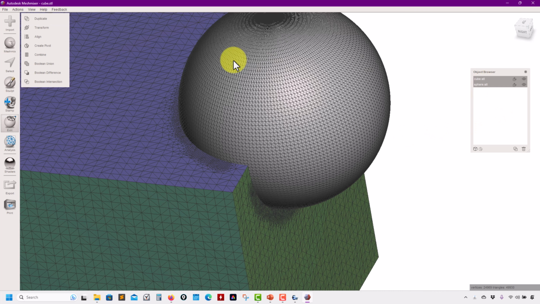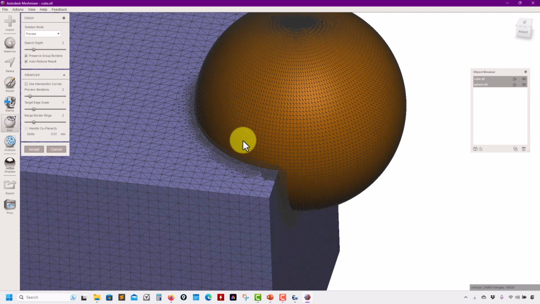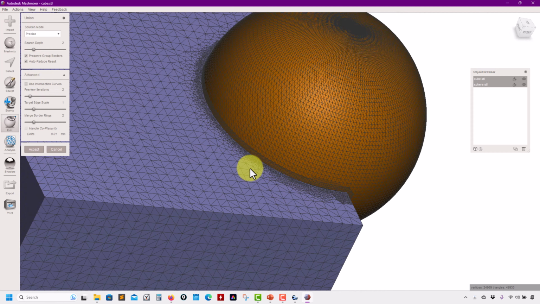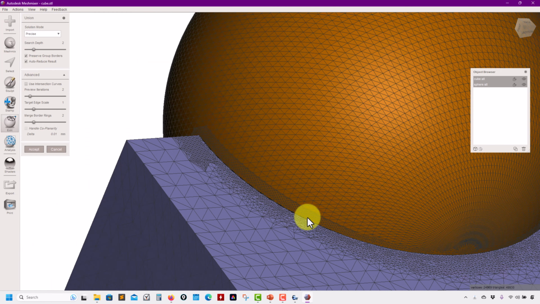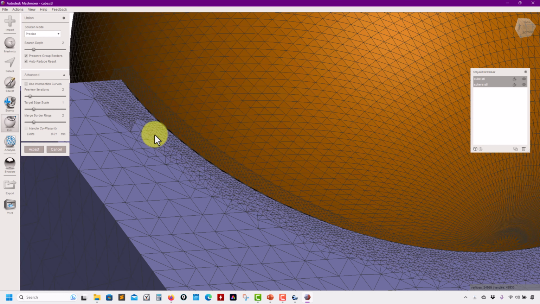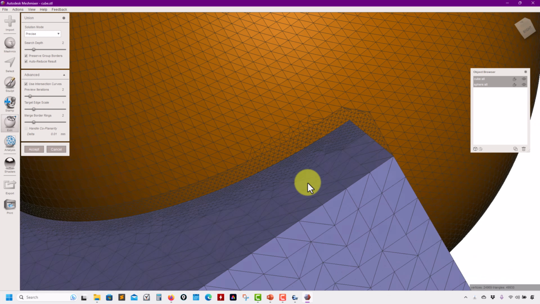Select here, and now I go Boolean, and there you go. First it would show you the possible solution, and this is the possible solution. As you see, it's a very good one. If you want to get something even better, select this one now, and it will get that intersection edge and